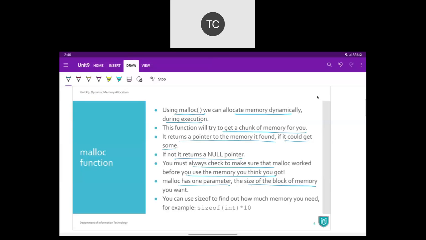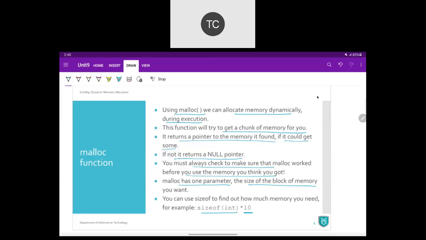So it is better to always go for system dependent calculation. If you want to store 10 values of integer data type, then you multiply 10 with sizeof integer.